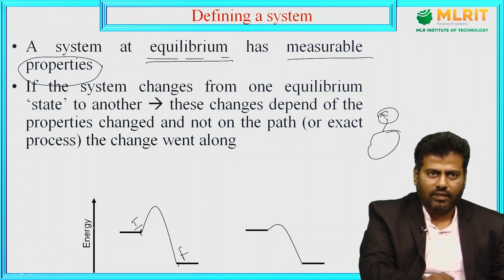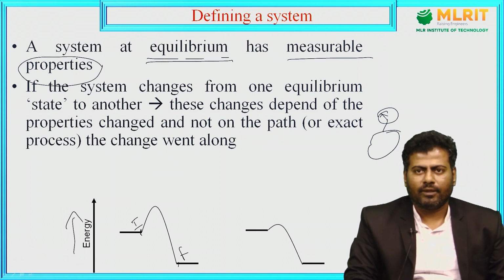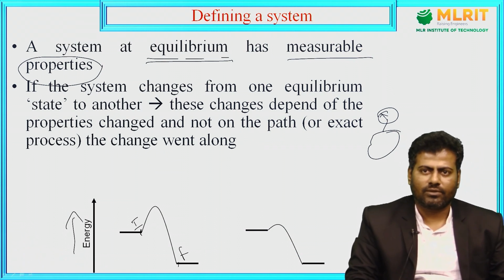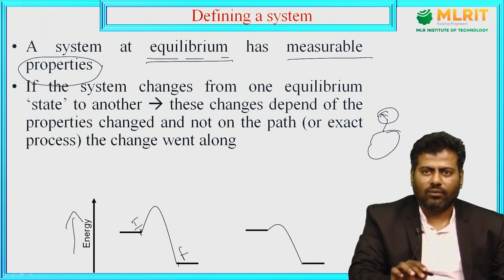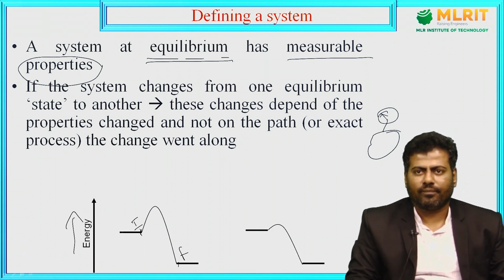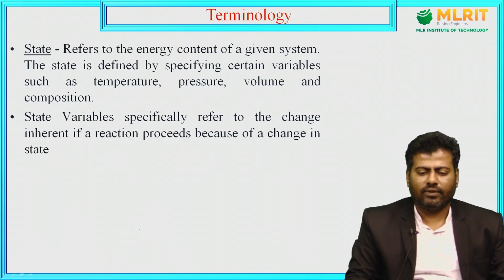Here on the y-axis, I have mentioned the energy level, so we can consider the thermodynamic properties also. We can go with temperature or whatever it may be. Got it? With that I can sense these measurable properties once it attains the equilibrium condition, right? Then I can define the system. So after defining the system, right?